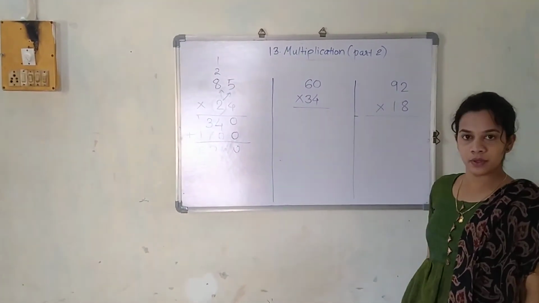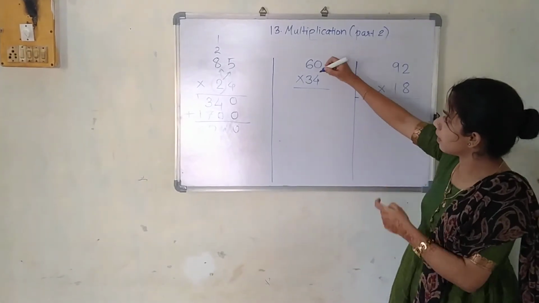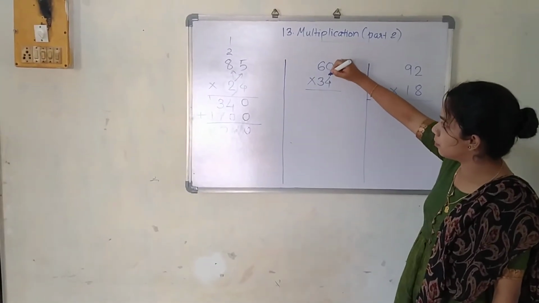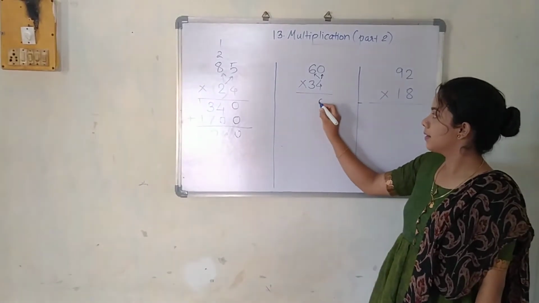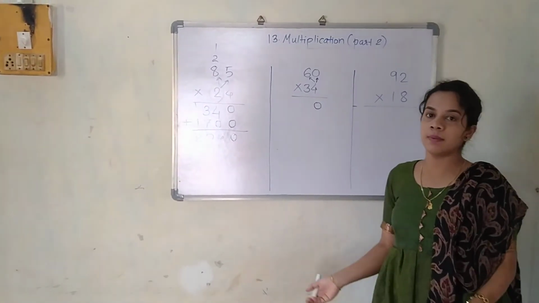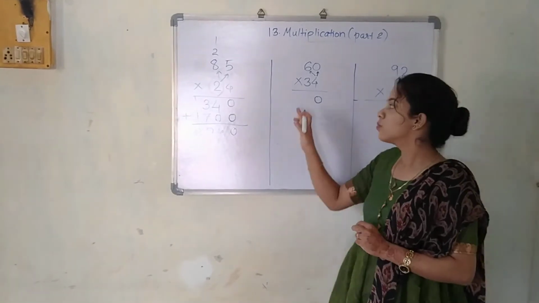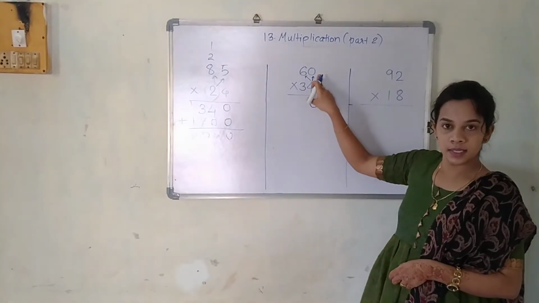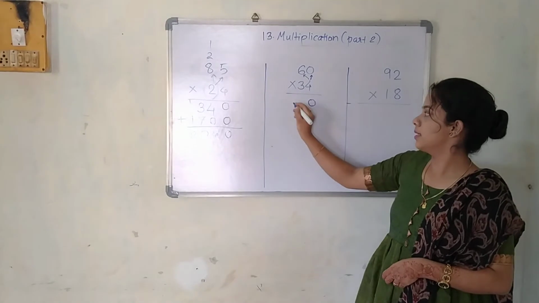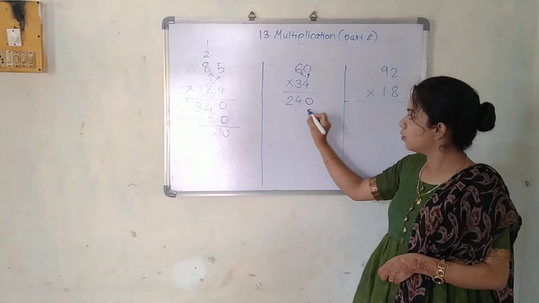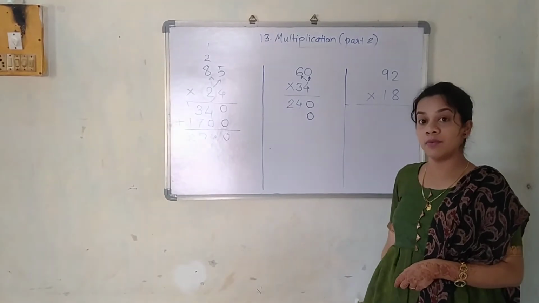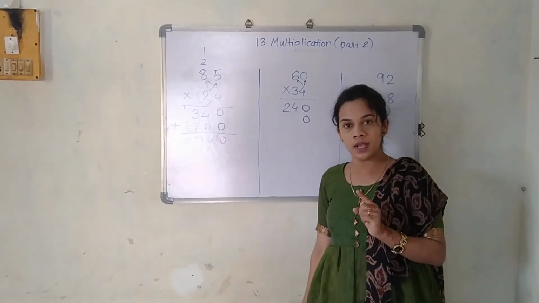We will see the next question. Now, with this 4 you are going to multiply this 0 and 6. 4 zeros are 0. Any number multiplied by 0, the answer is 0. So 4 into 0 is 0, and 4 into 6 is 24. Okay. So now what I told you, for the next step you are going to add what? Yes, you are going to add 1 0.